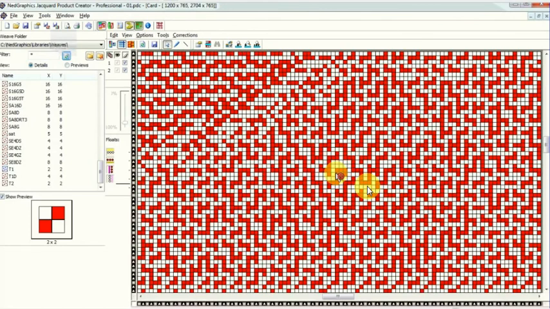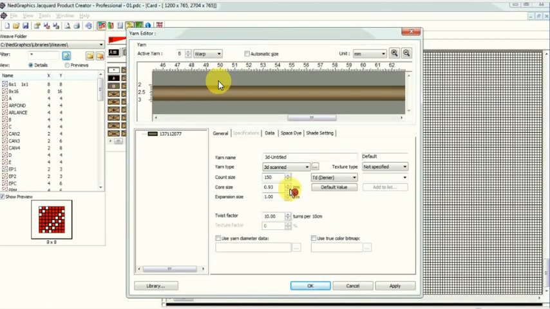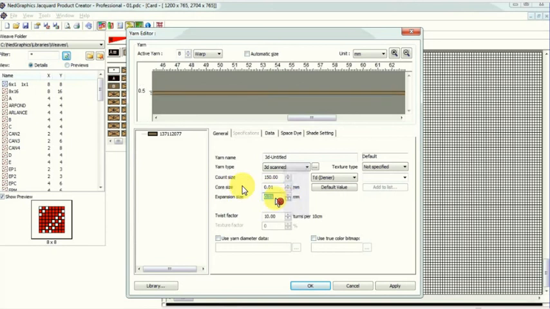Okay. And now next we see the simulation. This is the card file. You can see this. Here you can see the ratio. This is chenille coming, and the next two picks are jute picks. Now I am going to make yarn as per denier, warp denier and weft denier and thickness, core size and expansion size.